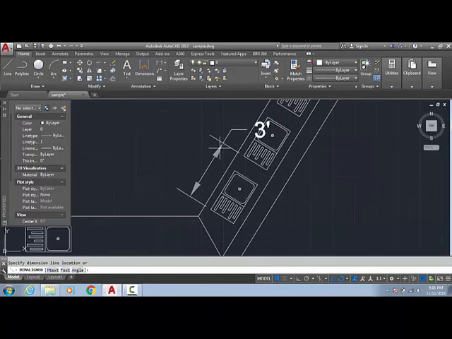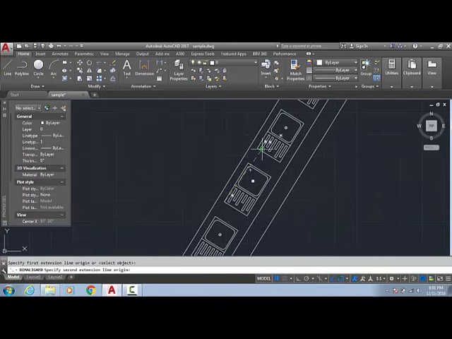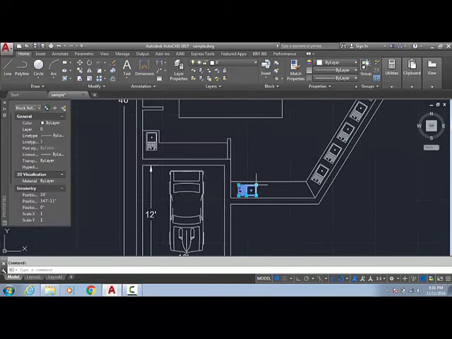Look here, it is 3 feet. Again if I select the second, this is 3 feet, and I am going to select this one and drag in this way. Instead of that point, I am going to drag this point. If sometimes it starts moving, just try to select the other point, because if it selects the base point of that object, then the whole object will be moved. So instead of using the base point, you will use the second point.